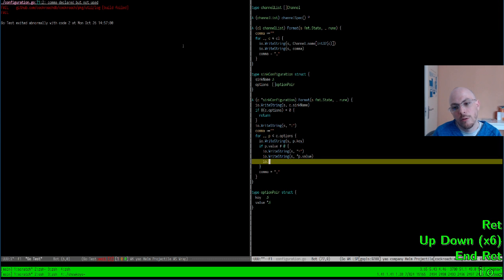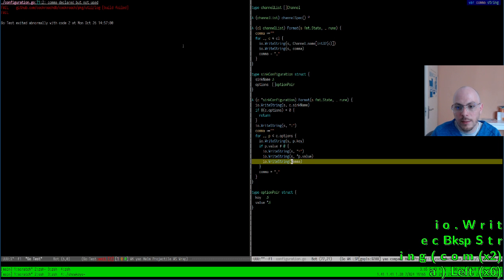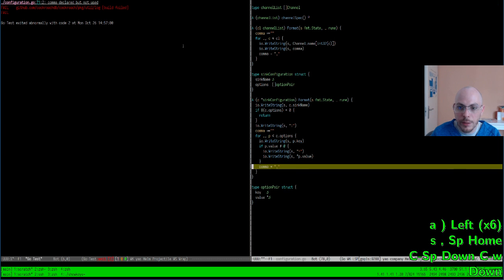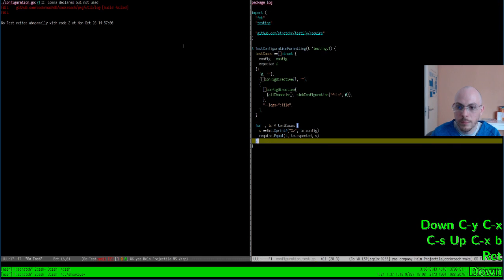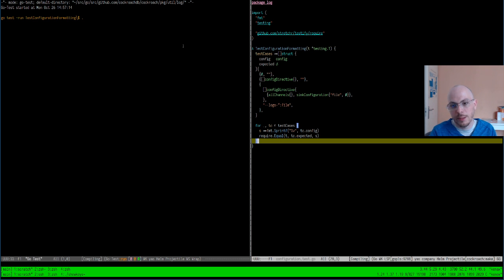Yeah, I need to write the comma at the end of the option key pair. And now I wait. I wait for the thing to build, compile the test binary, and then run it. I'm optimistic. Maybe I will have made a mistake, but I'm optimistic my test is helping.